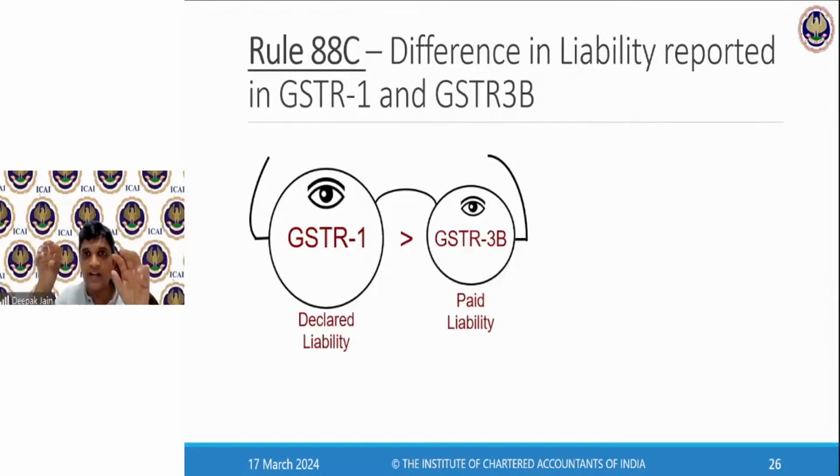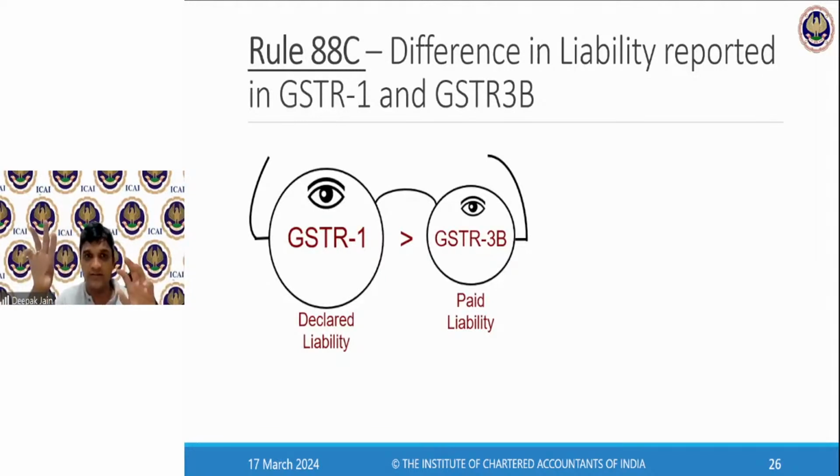It is like your right eye and left eye. What your right eye sees, your left eye also should ideally see. But sometimes you see more from your right eye than your left eye, which means your GSTR-1, your outward supply, is more and you're paying less taxes. There could be reasons that you have reported more wrongly and paid less tax, or reported less and paid more tax. That will not happen. We are not so generous. You'll report more and pay less tax, so that you cut corners.